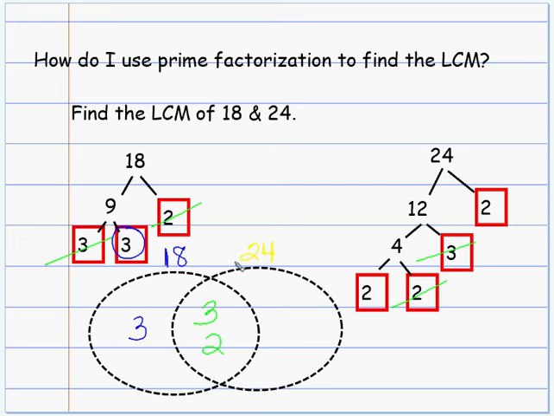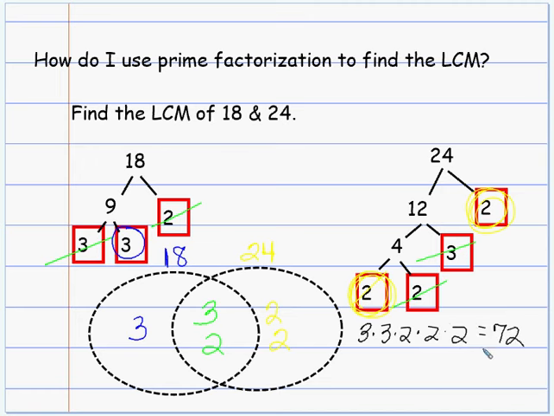Now on the 24 side, we need to represent 24 in the 24 circle. And we already have used the 3 and the 2. So what other two numbers do we have to use? We have to put a 2 and another 2. And that takes care of this one and this one. And so at this point, everything should be circled or crossed out. Then we multiply. So we have 3 times 3 times 2 times 2 times 2, and that's still going to